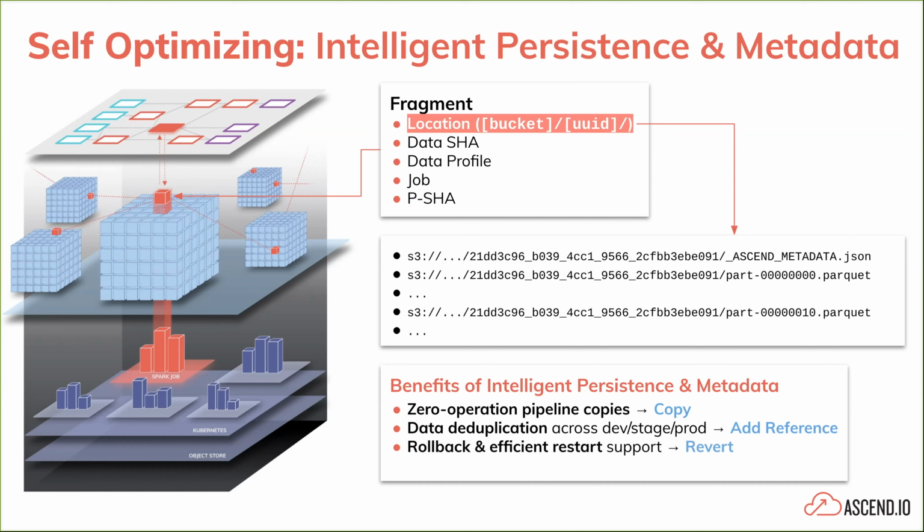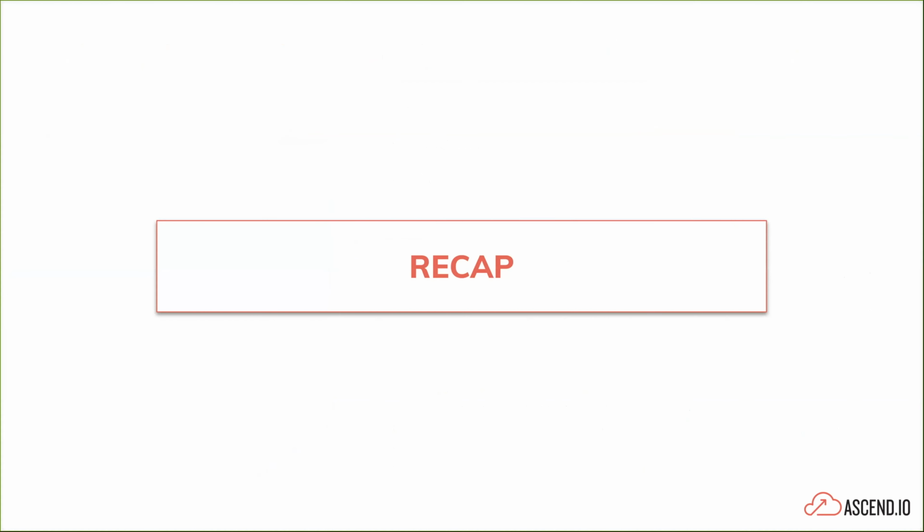We can even do things like rollback and restart as long as we're still in that garbage collect window. We can kill a pipeline in the middle and restart from exactly there because we're only fixing the PSHAs that are mismatched. We can roll back to a previous code definition, which will create the old PSHAs again. And that'll just simply point back to those previous artifacts that we have in the bucket. So you get a zero downtime revert. And so really what this is all pointing back to is we can do things faster and cheaper than we would when we manually optimize. And this is just one example at the persistence layer.